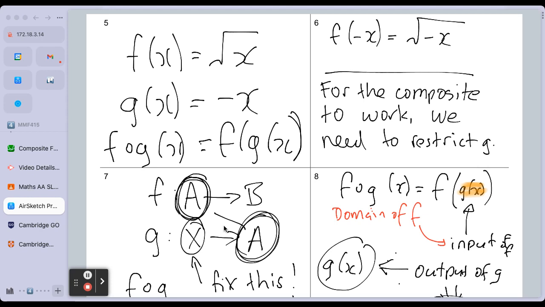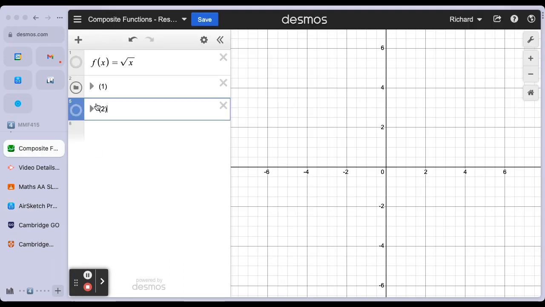If that still doesn't make sense, I might need to go and speak to you personally, but I think I better move on. Otherwise, I might be slogging down the whole class. I hope it more or less makes sense to people. Maybe if I put it into practice, it might make more sense to you. So in the case of f of x equals root x and g of x equals negative x, if we have a look at that,